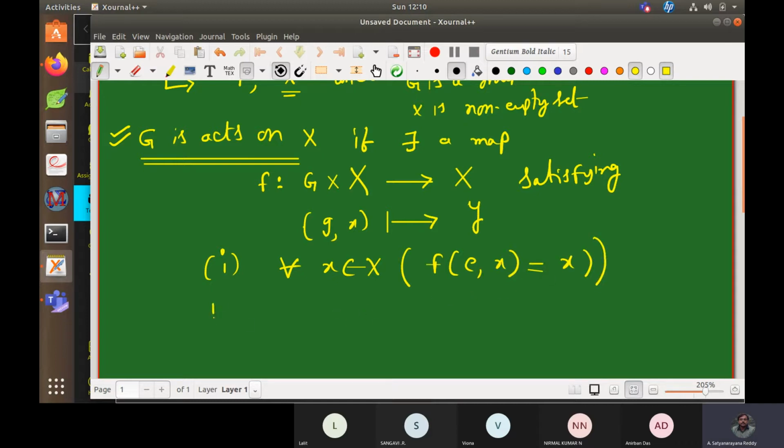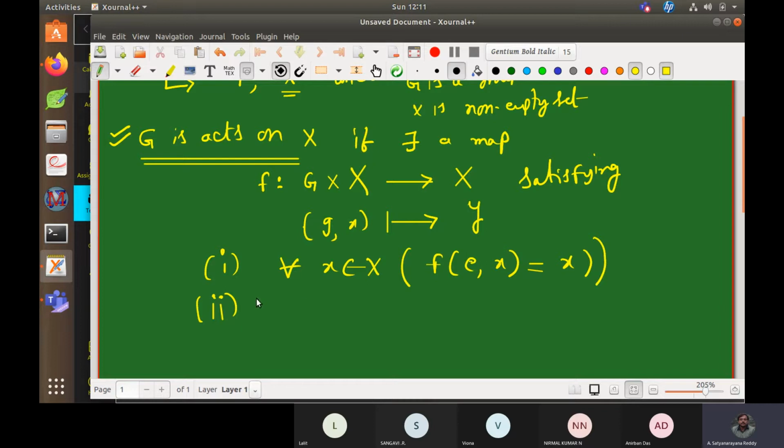The second condition is, so note that this is what some people call a left action. G is acting on the left side, but similarly some people define X cross G to X, but I do not want to confuse you. We'll just stick to one. Group action means left action. At this juncture, if needed, we can discuss right action. If somebody is very urgent to know that, then you can go and read on your own. When time comes, we may enter into that, but one of them is sufficient to understand all the things. So first condition is that.